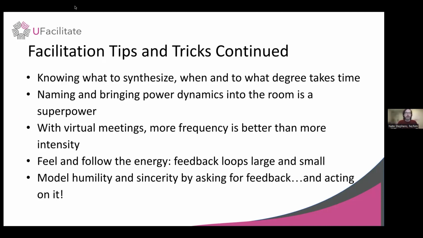Let's name it so that it's on the table. Once it's on the table, metaphorically, then it's something we can address, we can play with it, we can set it aside if we need to, but it's something named that we're all looking at. Not in a concrete sense, but I think that's what makes it most useful. And that applies not just to the power dynamics, but to the obvious, what's going unsaid.